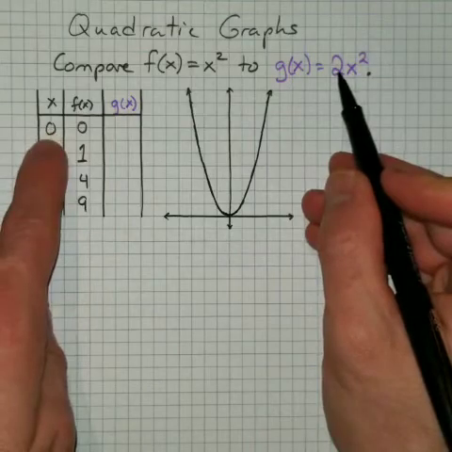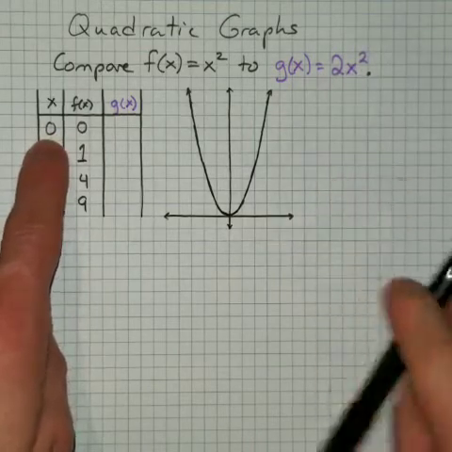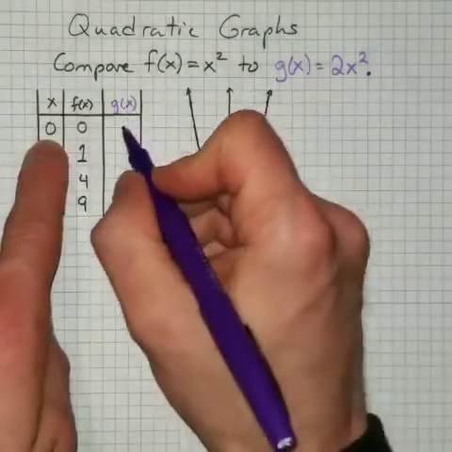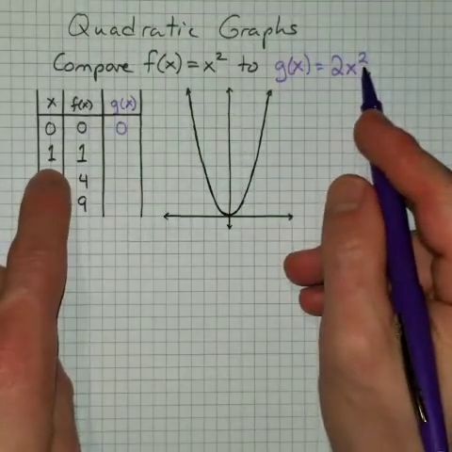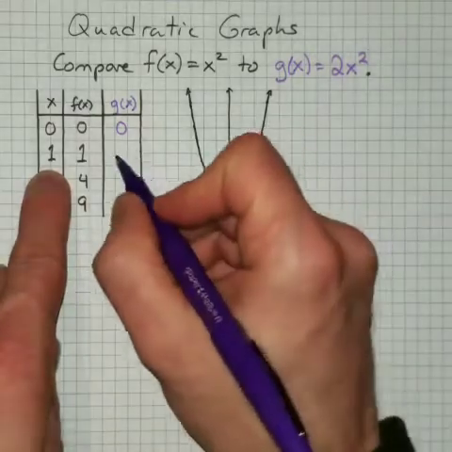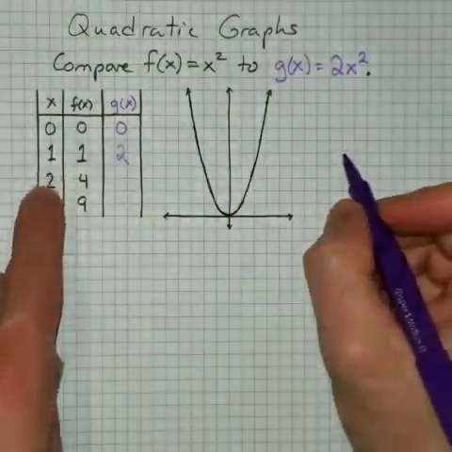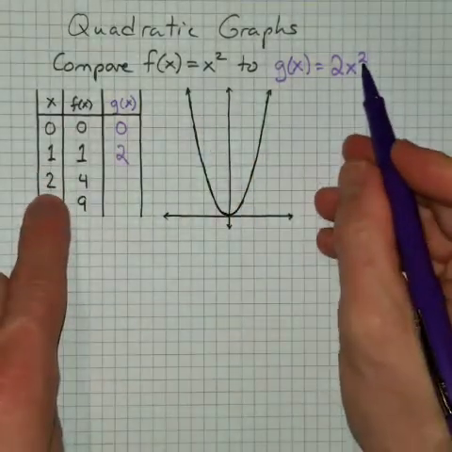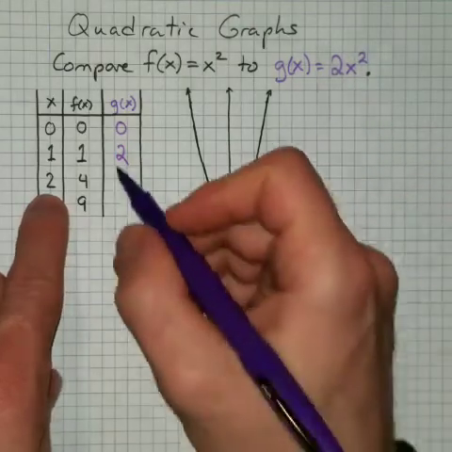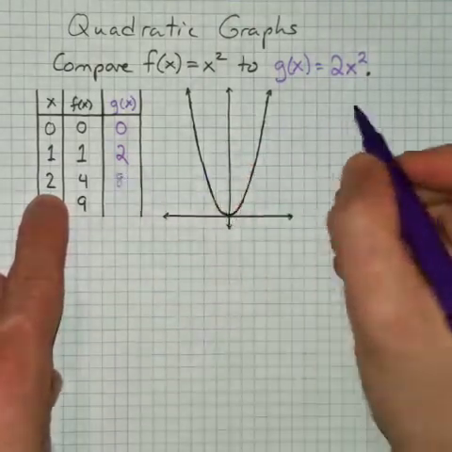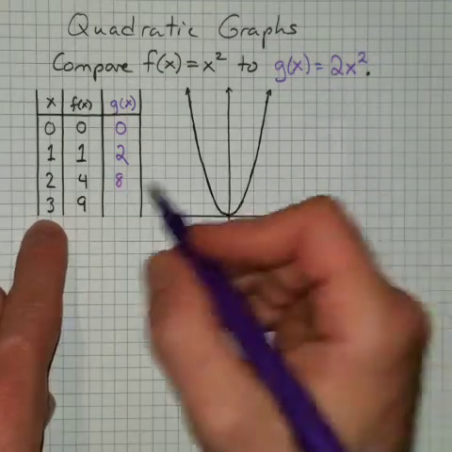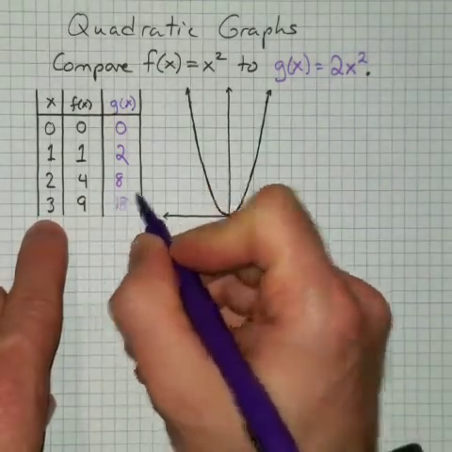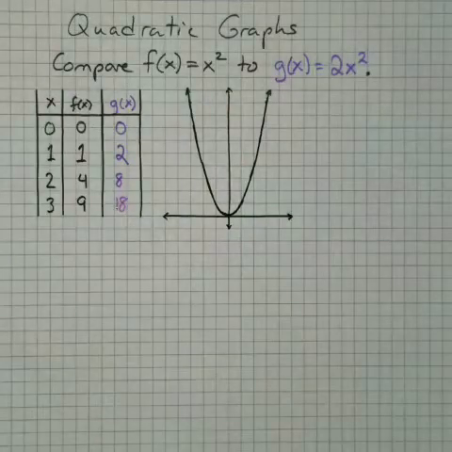So 0 squared is 0, multiplied by 2 is still 0. Right? 1 squared is 1, multiplied by 2, that gives us 2 this time. 2 squared is 4, 4 times 2 gives us 8, and 3 squared is 9, 9 times 2 gives us 18. Okay, so these are the